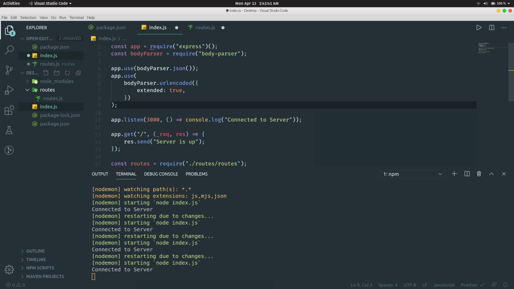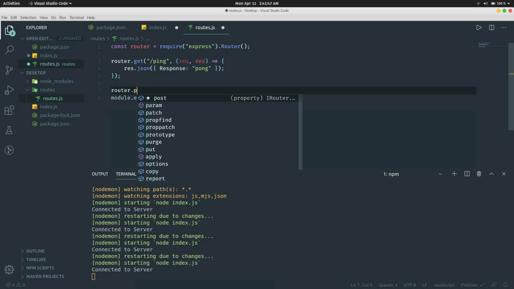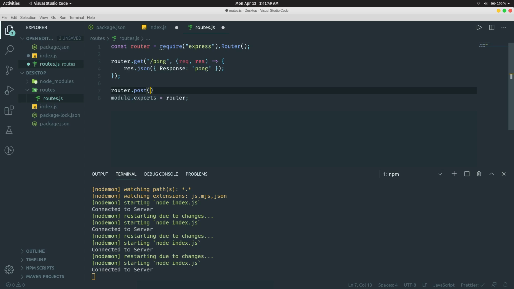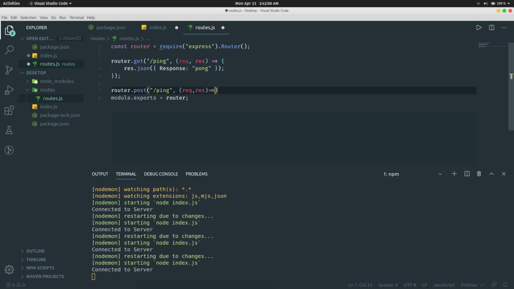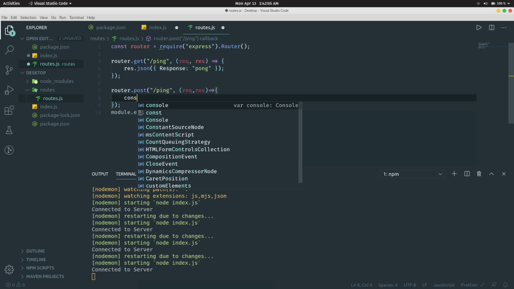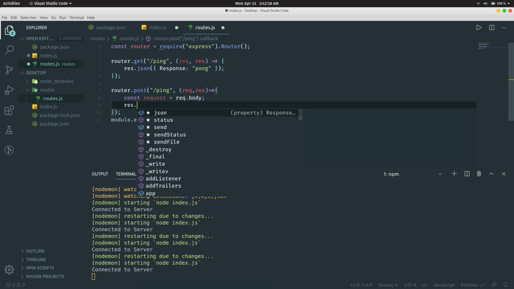So now after we've done this, we can go to our routes.js file and do a router.post, and what this will do is create a post request. So let's say this is ping, and we'll create a request comma response, and let's make our API do something here. So first we'll do const request equals request.body, and then res.json